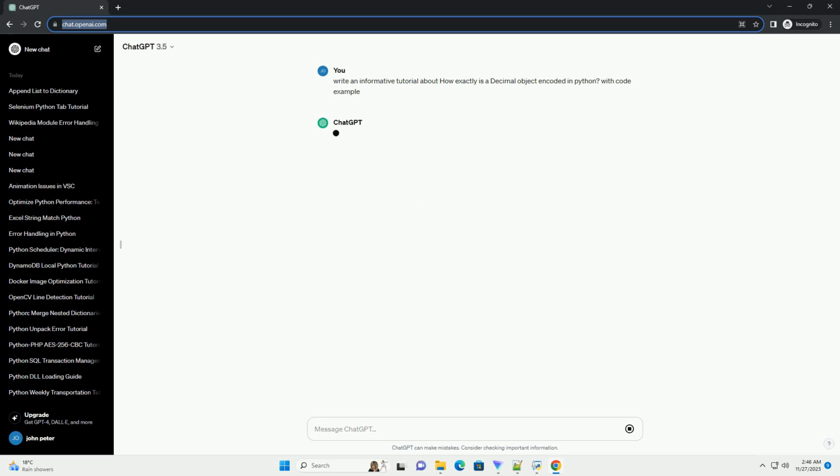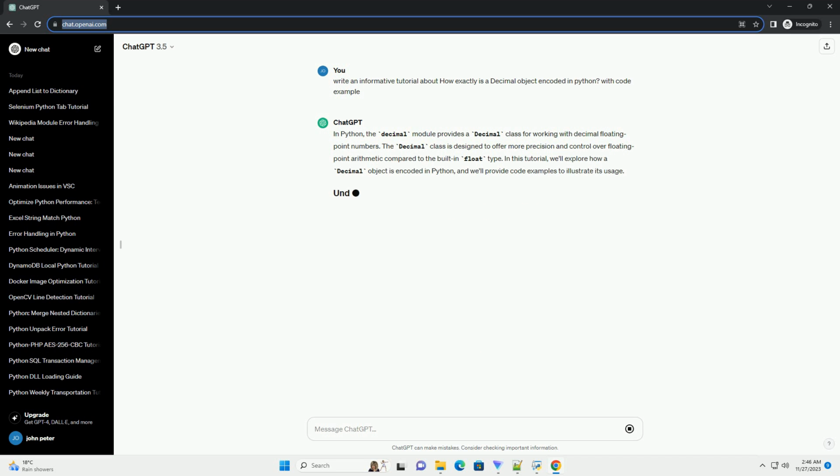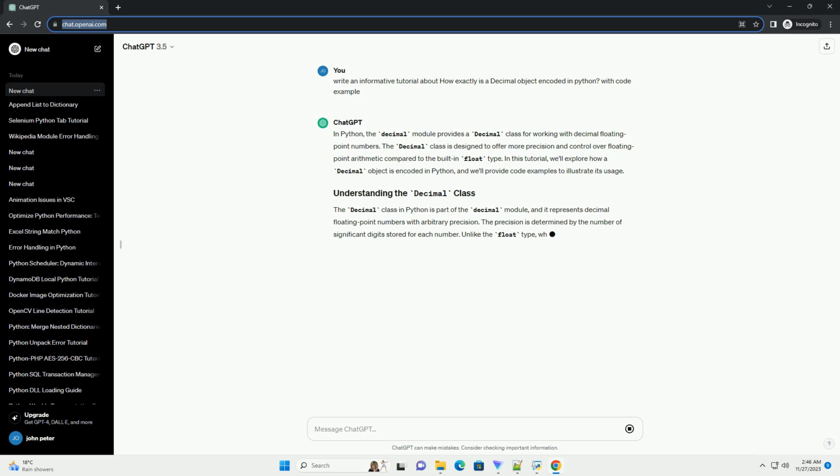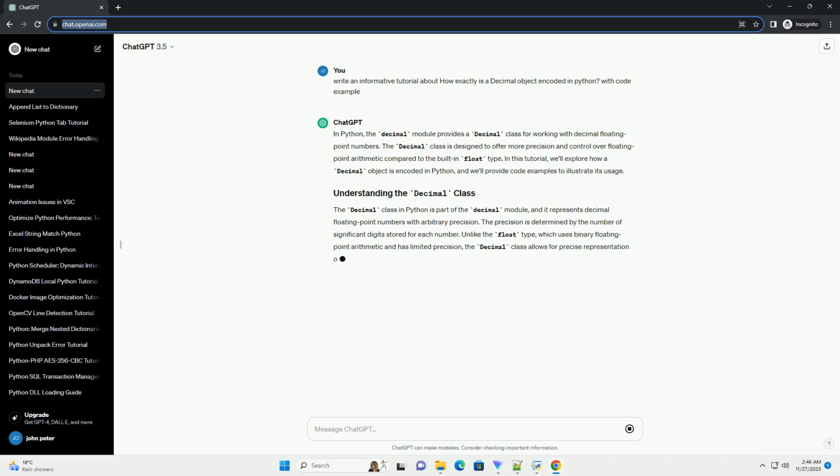In Python, the decimal module provides a decimal class for working with decimal floating point numbers. The decimal class is designed to offer more precision and control over floating point arithmetic compared to the built-in float type. In this tutorial, we'll explore how a decimal object is encoded in Python, and we'll provide code examples to